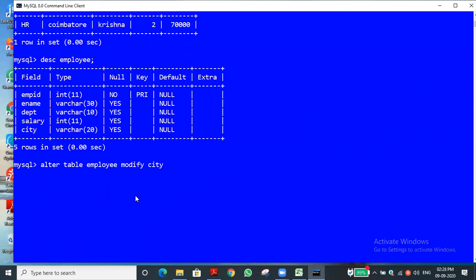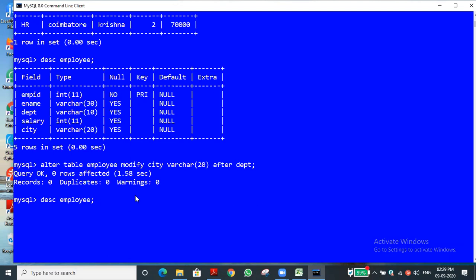What is the data type of city? Varchar of 20. Then where do we want it? After department. Okay, after department, suppose it should be displayed there, now the query will be executed.